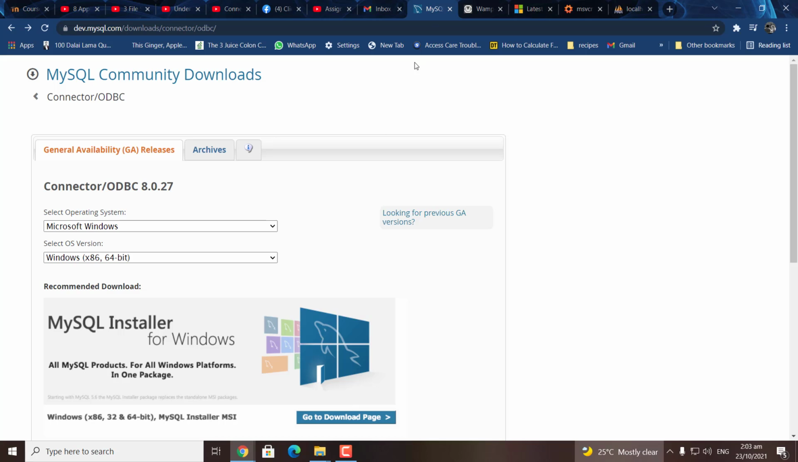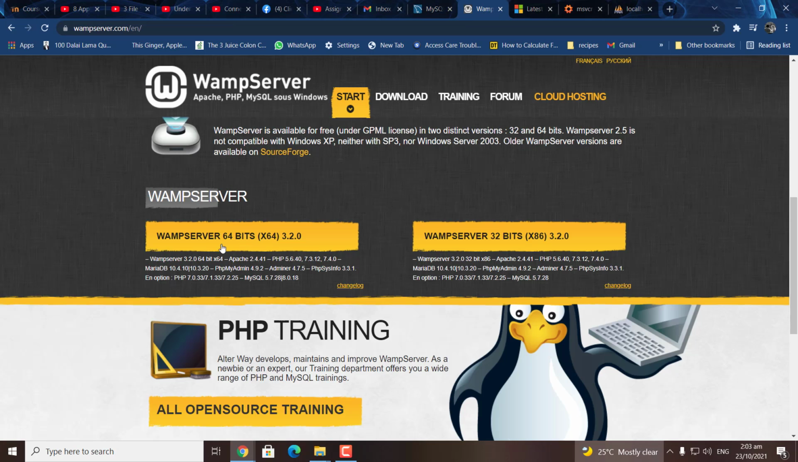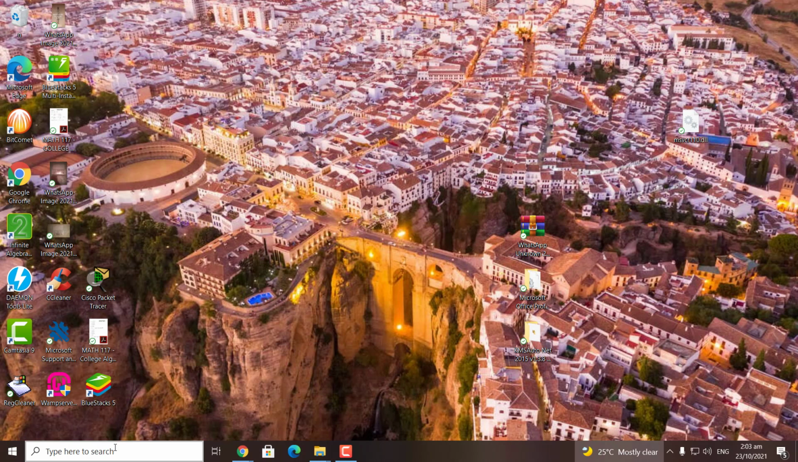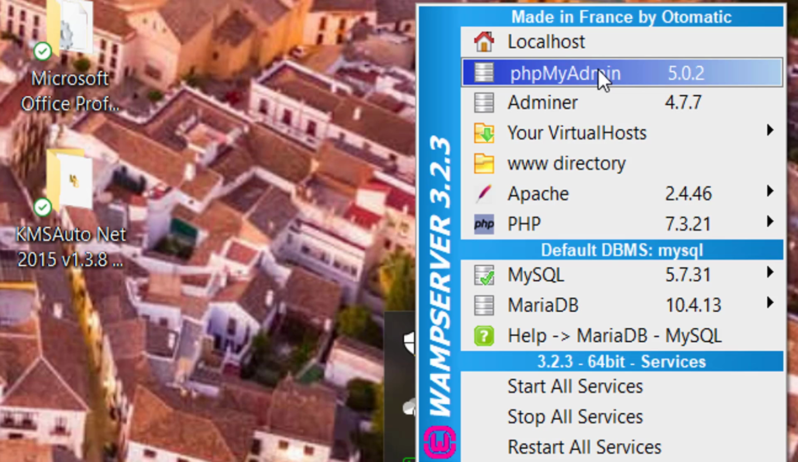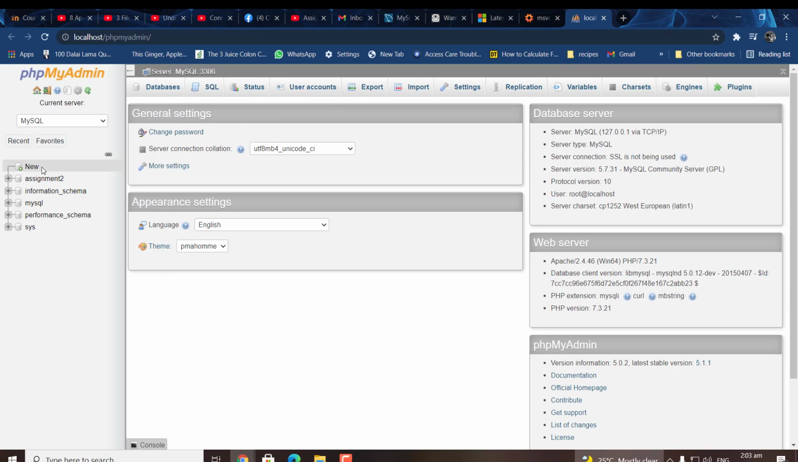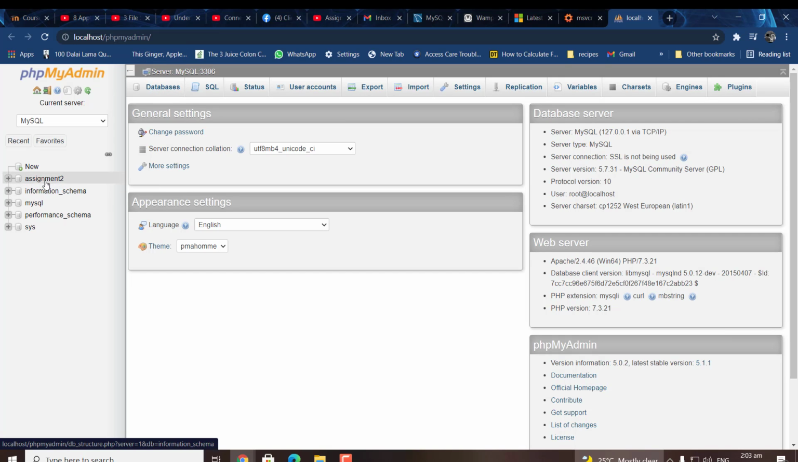Let's go download the connector, and go to the WAMP server and download whichever WAMP server is appropriate for your machine. Right, so I have WAMP server running here already. What I'm going to do is left click and go to phpMyAdmin. Click on it. It's going to bring up the phpMyAdmin page, and I have already created a database